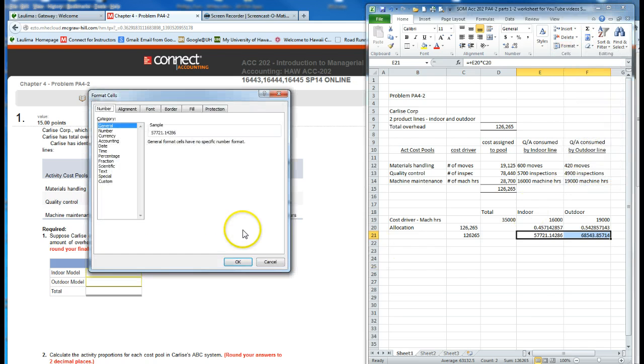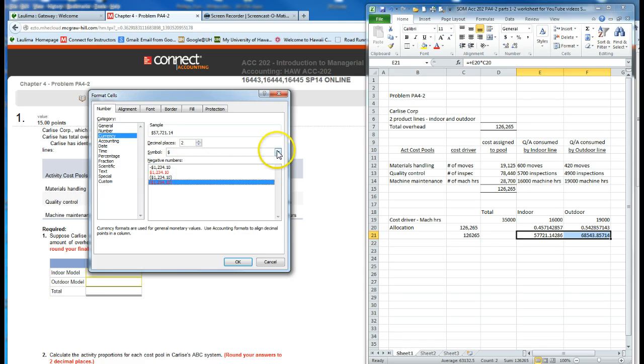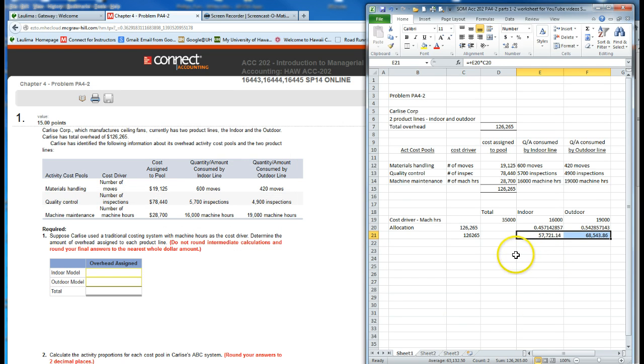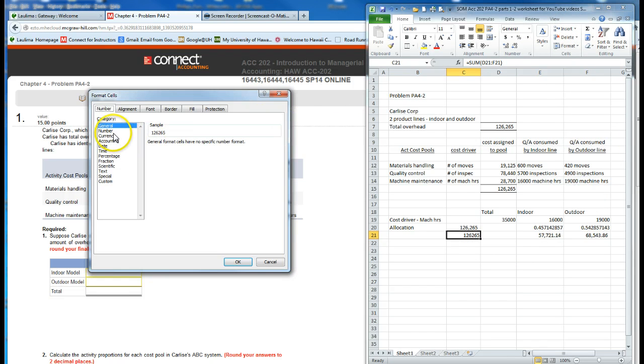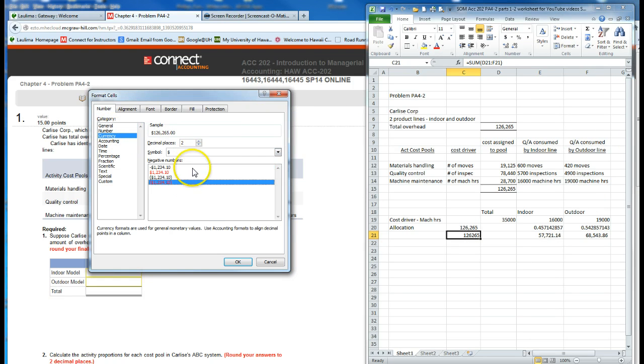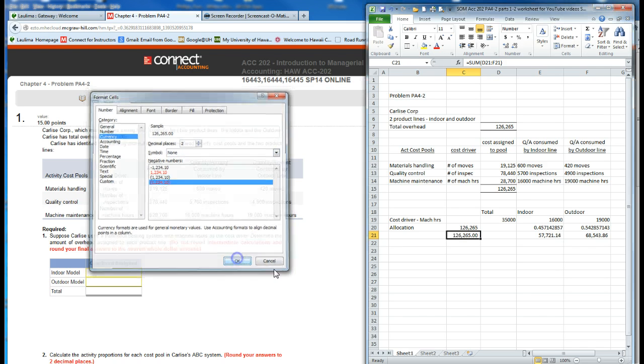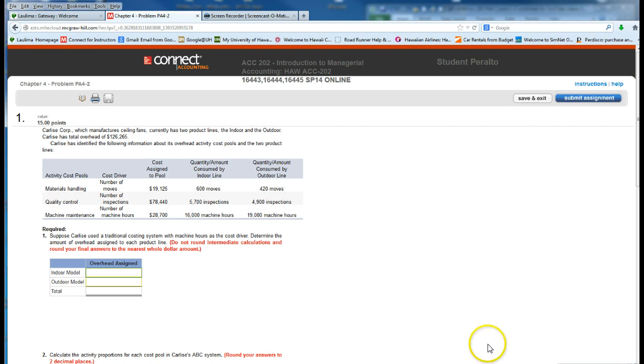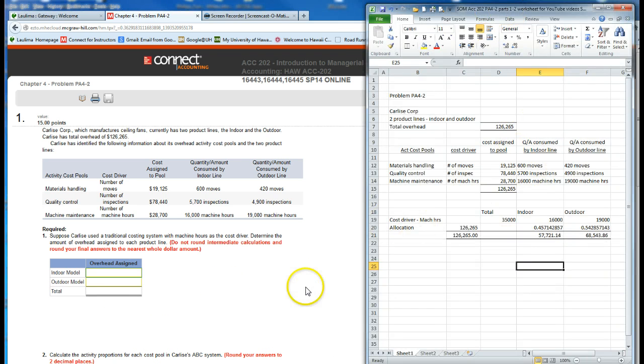And we want to format these amounts as currency, 2 decimal places, and we should probably do the same for the total. Okay. So if we put those amounts in there, hopefully, let's see, we have